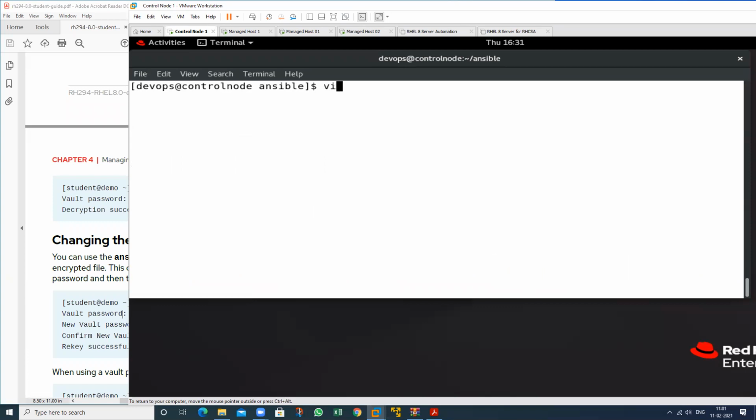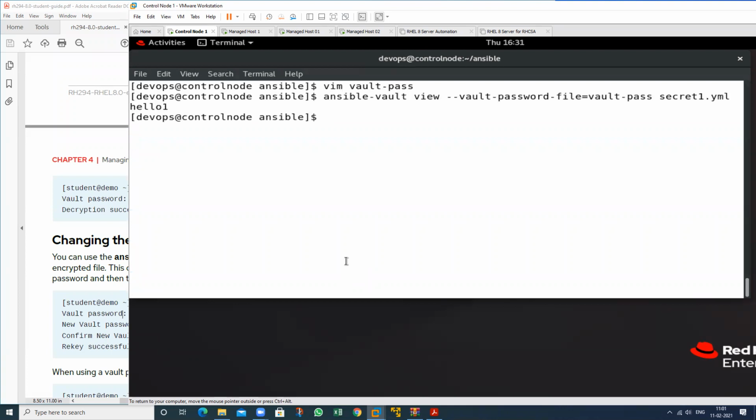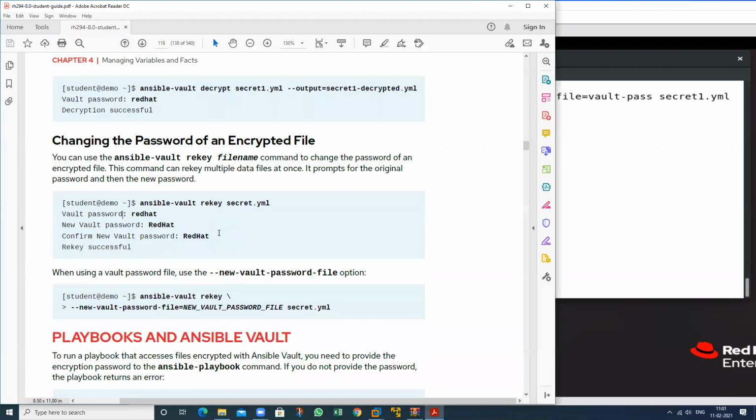So just open that particular file, vault, and just place here 1 2 3 4 5 6 7. Then we are able to open and see this one. Then my password has been changed. So this is the concept.